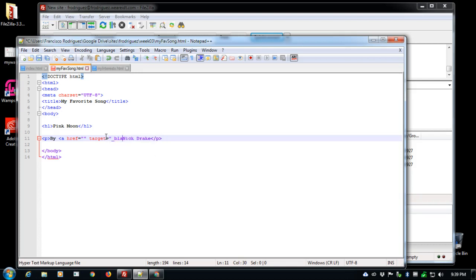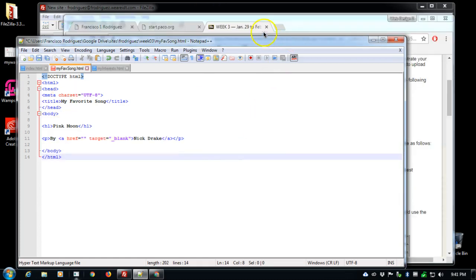All that means is that when the user clicks on the link, it will actually open up a blank page and open the link there. I'll close the link with /a right after the name Nick Drake, and I'll do a quick search.